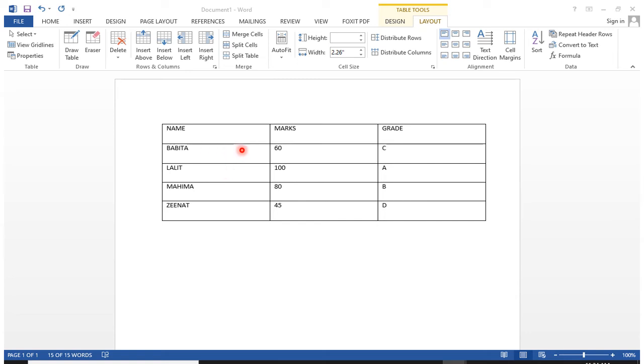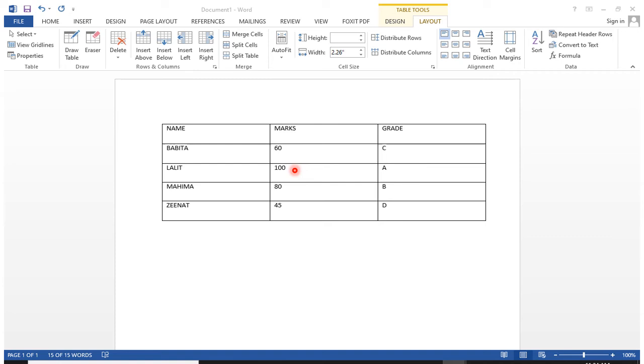And on the basis of those names, marks and grade will also be arranged. If you sort your data on the basis of the field name, the column name, that doesn't mean your marks and grade will be changed. Marks and grade will be arranged according to the name only.